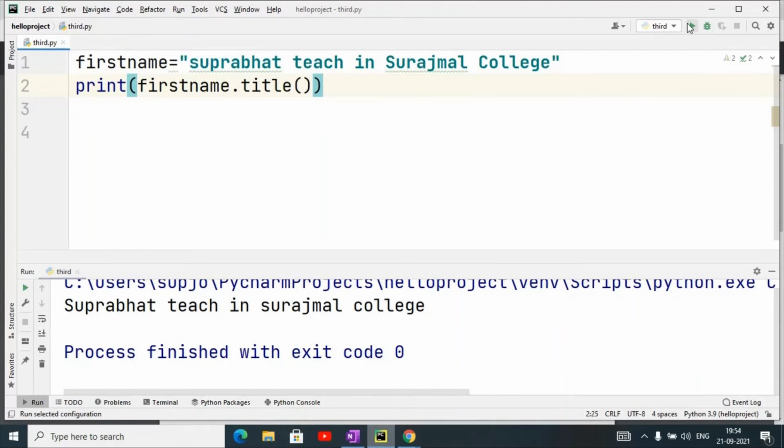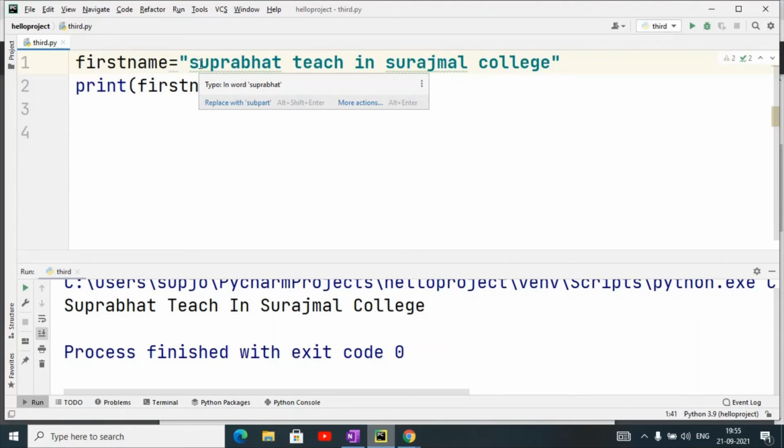Once you execute this, you can see that it makes S capital in Suprabhat, then T capital in teach, then I capital in in, then S capital, already capital. If they are in small case, it will capitalize each title word. So this is the title method. It will capitalize each word in the given string.